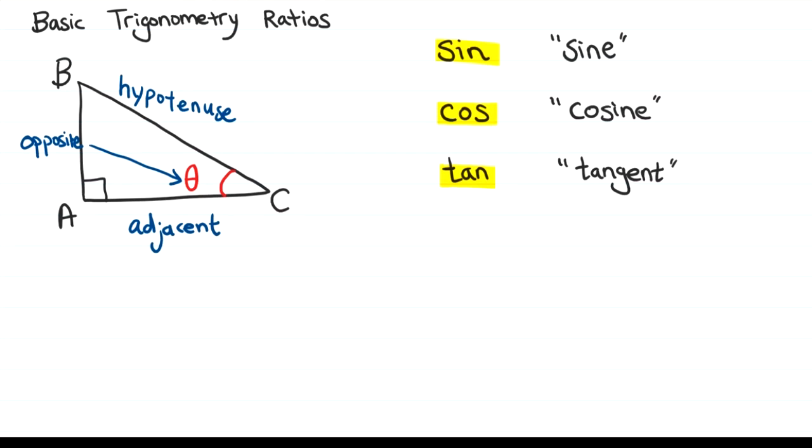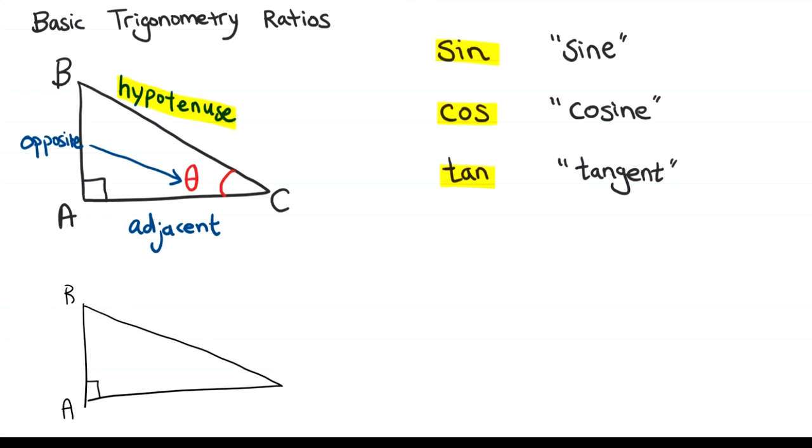Okay, so the hypotenuse is fixed because we're not changing the right angle on a right triangle. The longest side of the right triangle is always called the hypotenuse. But the opposite and adjacent can be interchangeable, depending on which angle you're looking at. So let's say, using the same triangle,